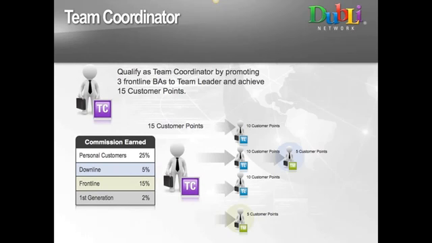The team leaders are entitled to 10. So the differential between the team coordinator and the team leader is still 5. But now the numbers of people enrolling over here are much larger. So the team coordinator is earning 5% on all the transactions, whatever they buy. In other words, the team coordinator's income is increasing because there's more and more people coming in, more transactions being generated.